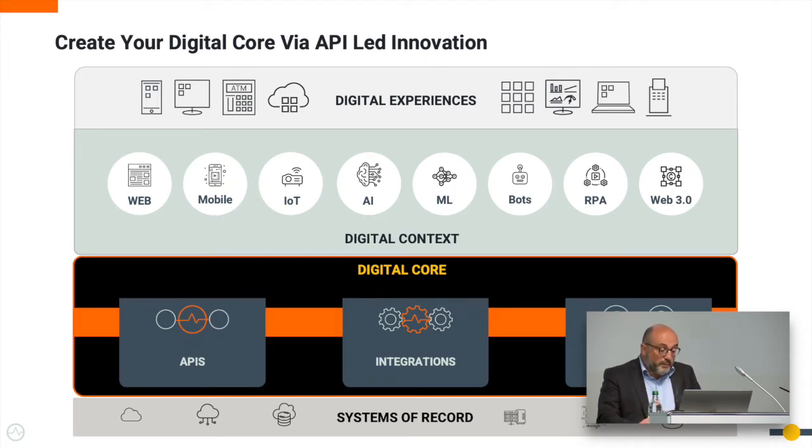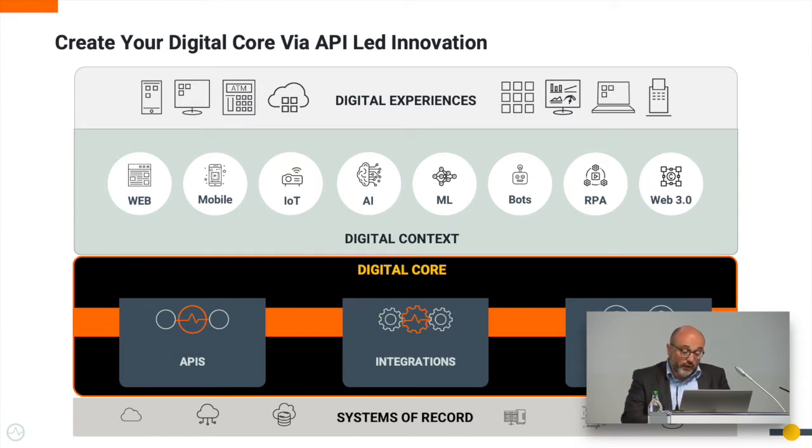And typically, contrary to digital context, companies buy systems of record or subscribe to them. They are moving to the cloud. This is the trend. However, building digital context starting from systems of record is not an easy task. And here is where what we call the digital core comes into the picture.